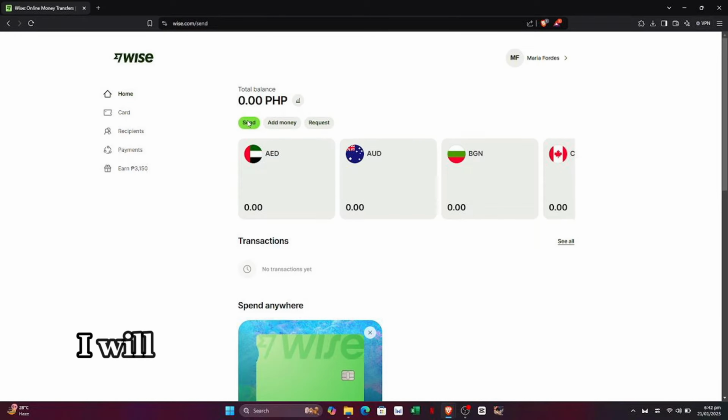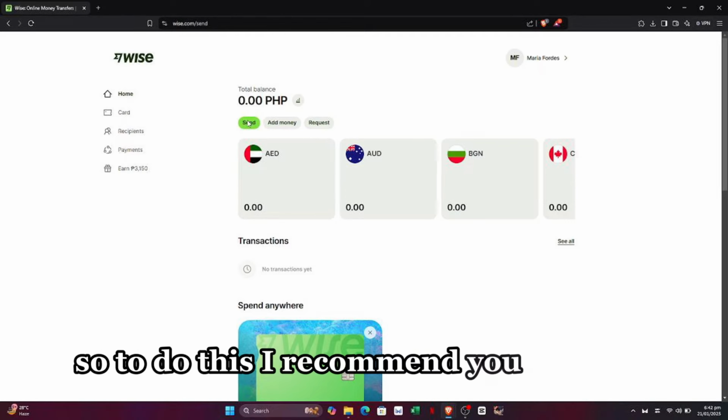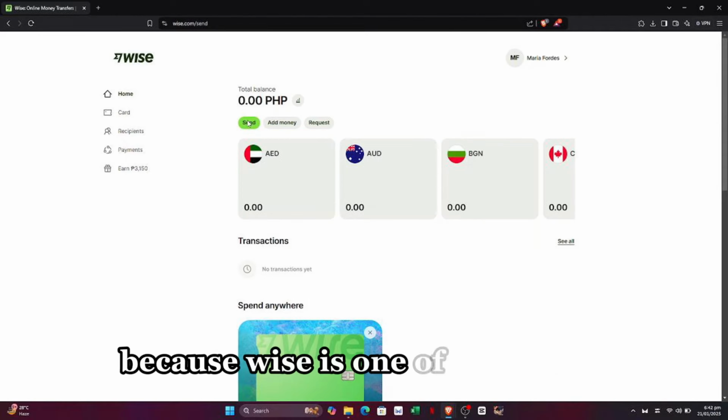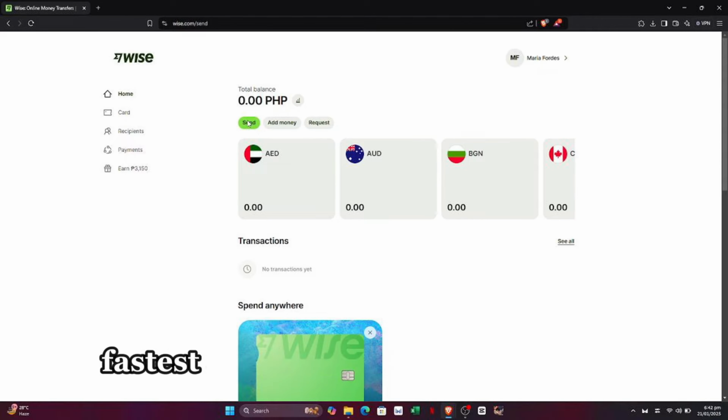In this video, I will show you how to transfer money from India to UK bank account. So to do this, I recommend you use Wise because Wise is one of the easiest, fastest, and cheapest ways